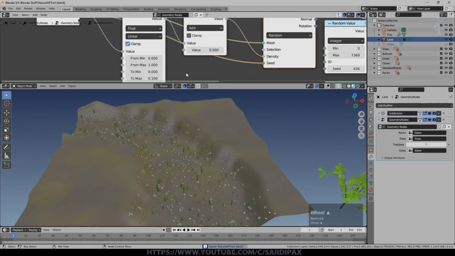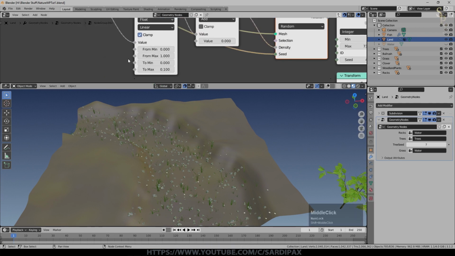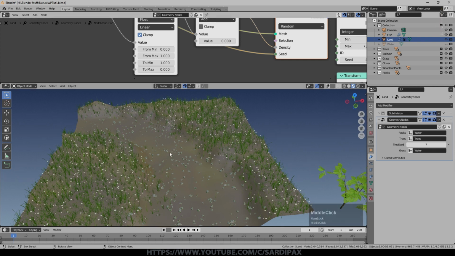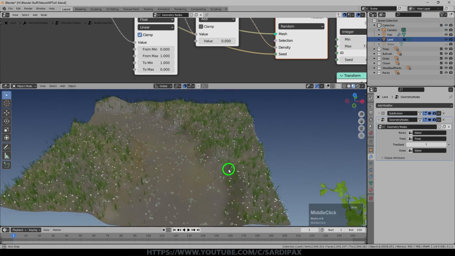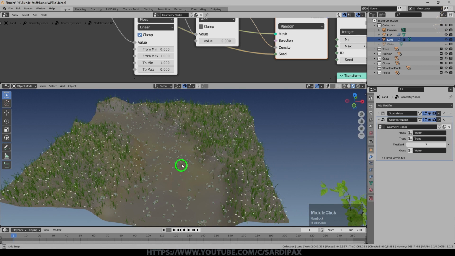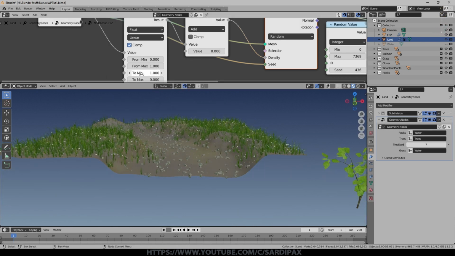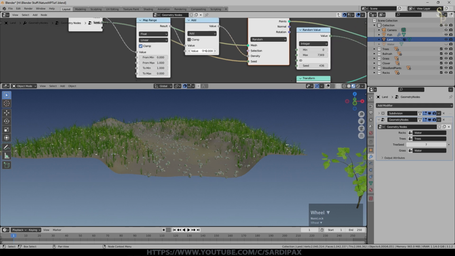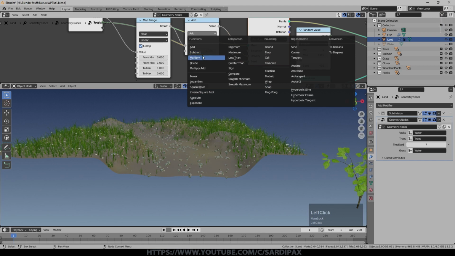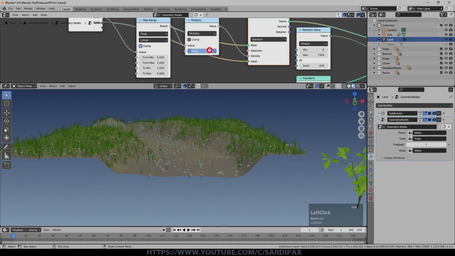And the way I can correct that is over here. So currently the input is 0 to 1 and the output is 0 to 0.1. But why not the other way up? So if the input's 0 to 1, why not have an output which is 1 to 0? And as you can see, that's quickly inverted it. We've still got the rocks there, but we've now got our grass and daisies outside of that point. I can either change this 1 here to a bigger number, or I can change this one, having set this to multiply, in order to get a lot more grass.